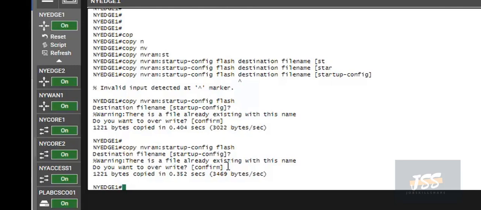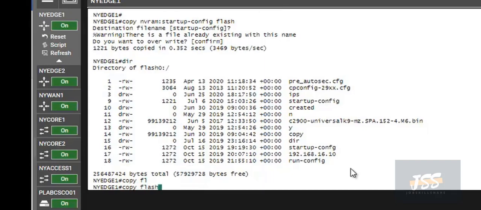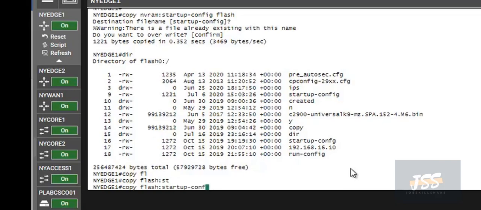To view the content of flash memory, the command is dir, which means directory. You will see the content of flash memory over here. Now we will backup the startup config file to the TFTP server using the following command. The command is copy flash start.